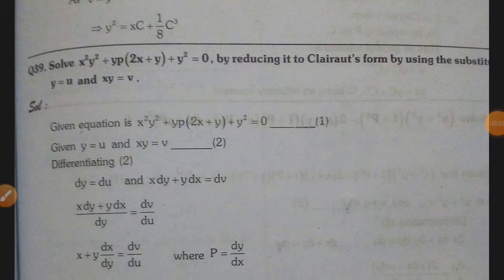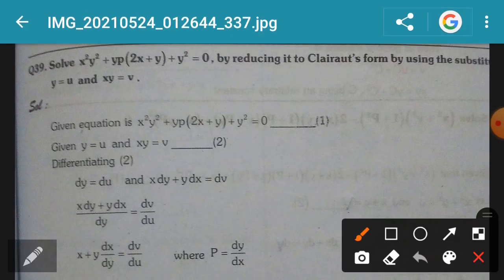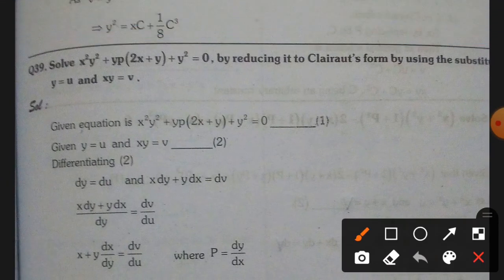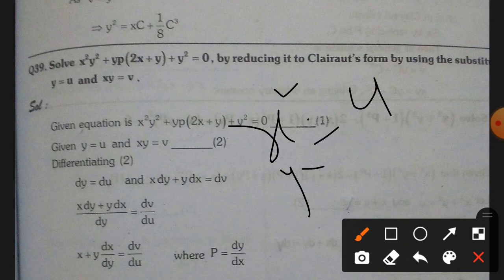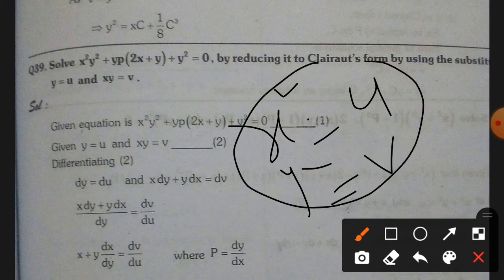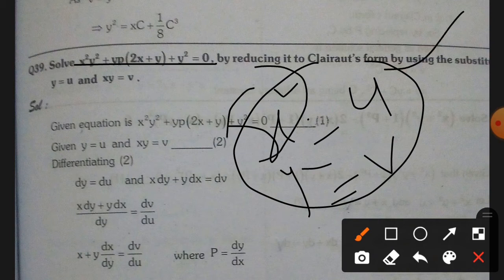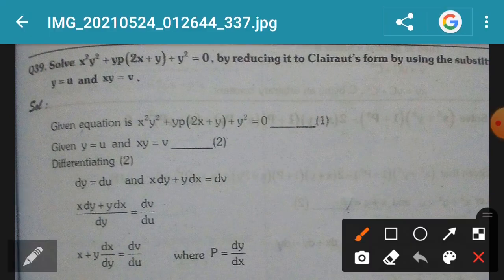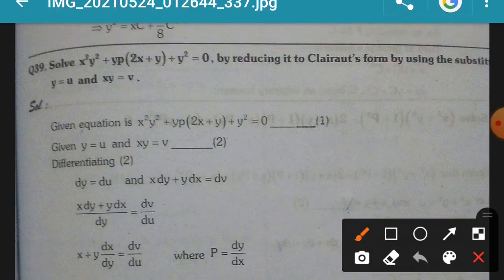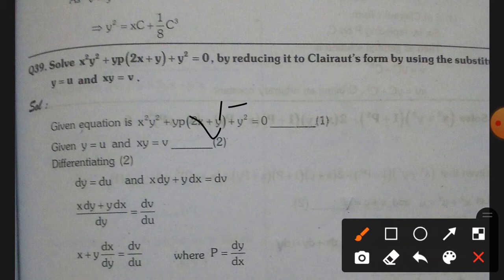So in the last video we discussed the topic of reducible Clairaut's equations. What we have to do to reduce to Clairaut's form is take x square equals u and y square equals v. We differentiate these terms, du and dv, and substitute the values in the given question. After simplification, in the x square value we substitute u, and in the y square value we substitute v. So we get the reduced Clairaut form, v equals u into p plus f of p.